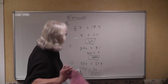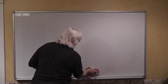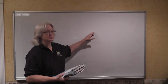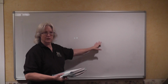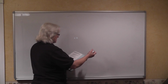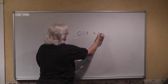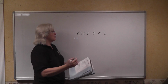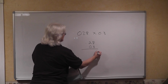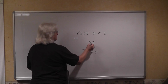Okay, the only other thing that they're emphasizing that they did not give you examples of in your skill check is what happens when you have more decimal places in the factors than you have in your solution. So let me just pull one right here for you. Again, from your example, this is 0.28 times 0.3. When you do that multiplication, 28 times 3, 3 times 8 is 24, you get 84. But you have a problem because 1, 2,